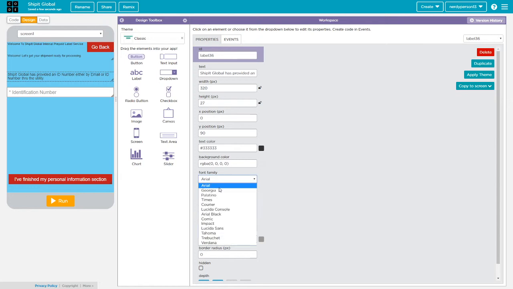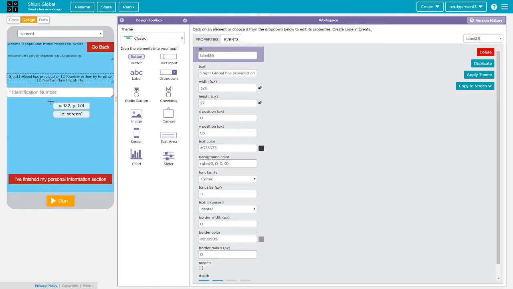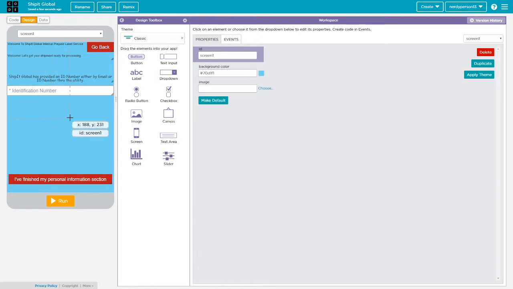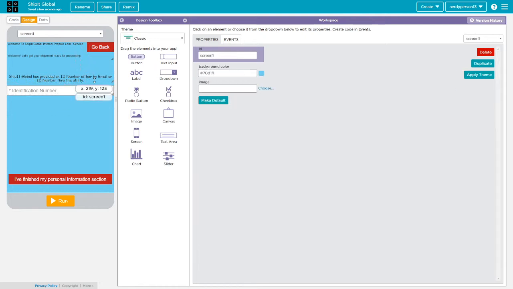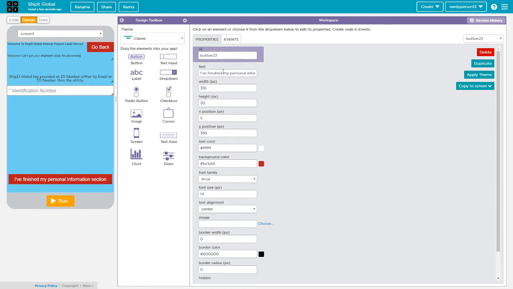And let's change the font. There we go. Okay, and then now we can go ahead and, since they would input the identification number,